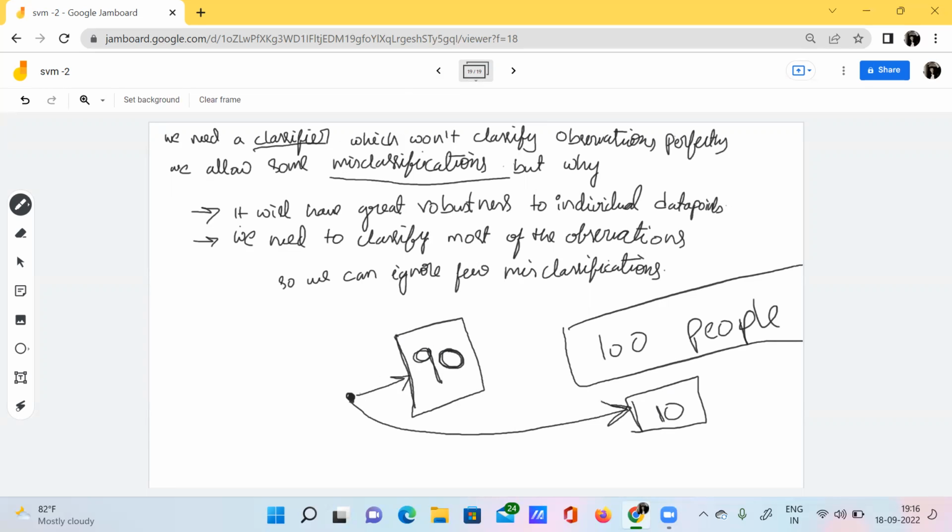So in order to save these 90 people, I can first approach this building and save them. And if I have further time, then I can still approach that building and save those 10 people's lives also. But I can't approach that building and save those 10 by sacrificing these 90 people's lives, right?